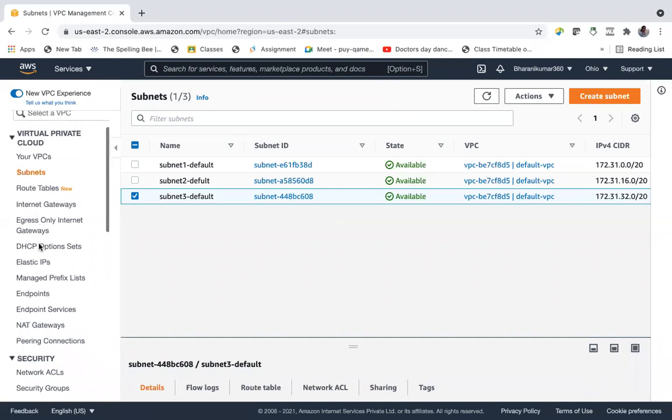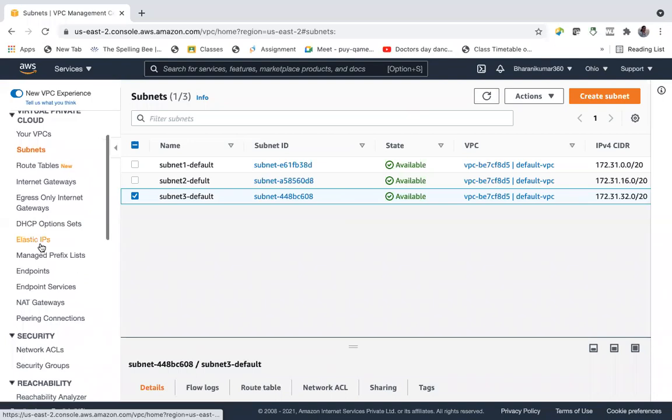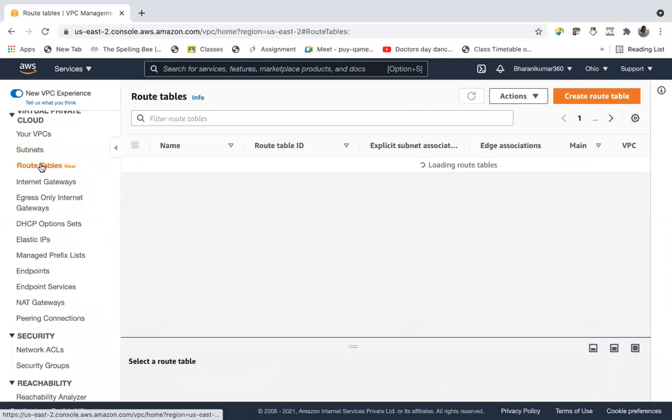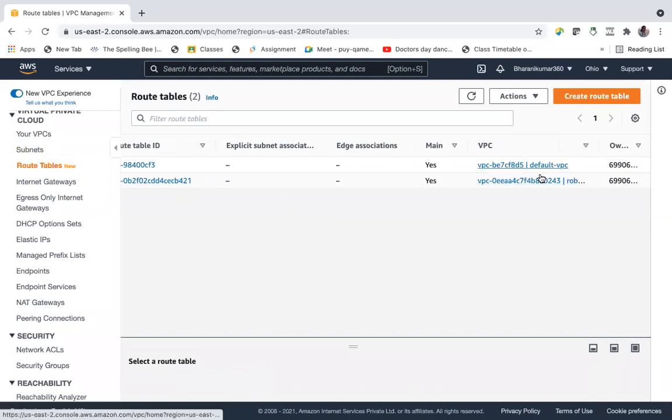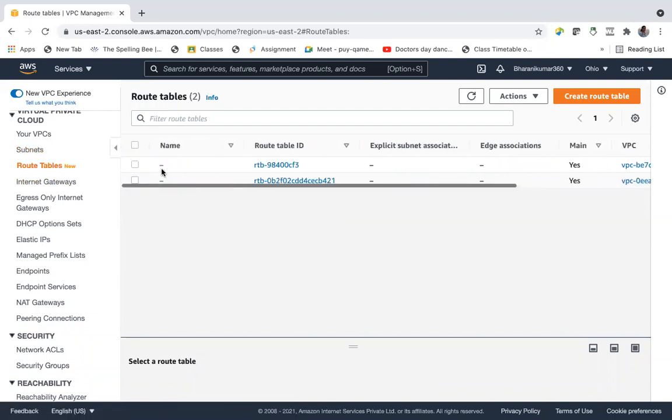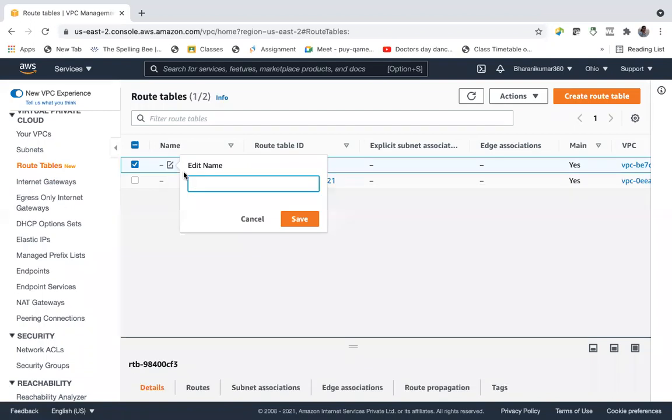And then route table. So we have two route tables. One route table is default route table of default VPC, and another one is route table of the other VPC which we have created. So this is main route table of default VPC, right?